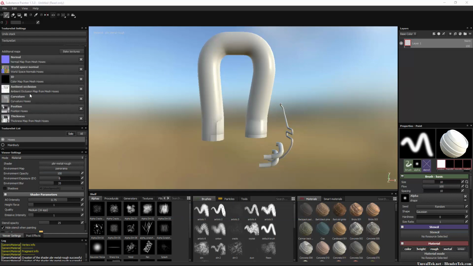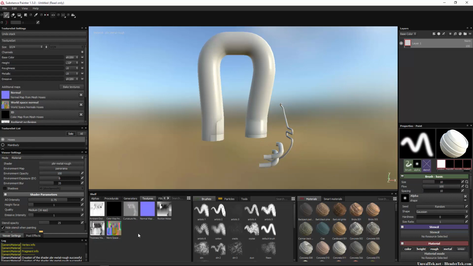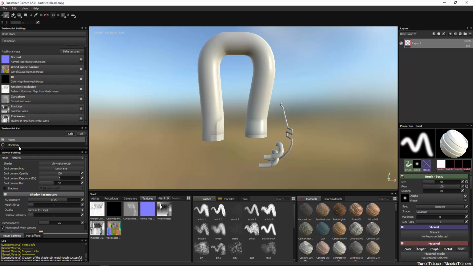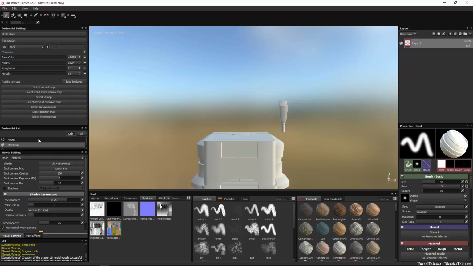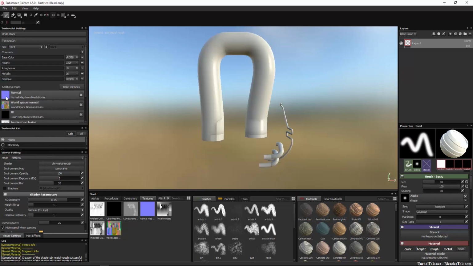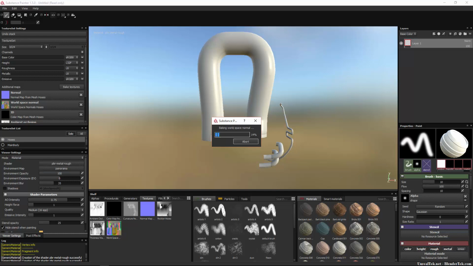So we now have all our maps for hoses, and they've shown up under textures. So now we're going to move on to the main body. We're going to do the exact same thing. I totally forgot. Let's go back to hoses, and we got no details at all in those. Bake textures, we forgot to enter in our mesh. So let's select our high definition mesh, and that would totally make a difference. So I'm going to rebake that. Sorry guys. So with that making a lot more sense and looking a lot better,